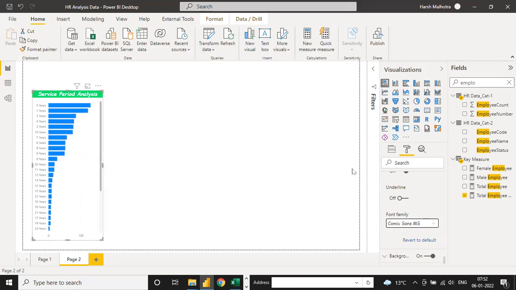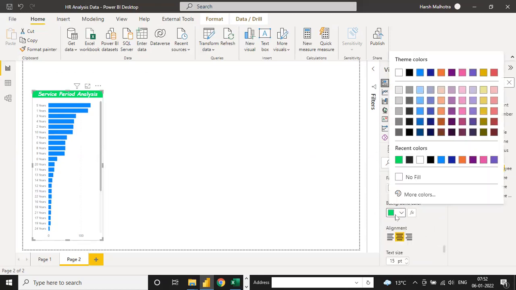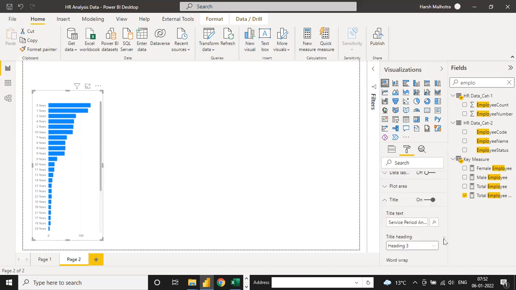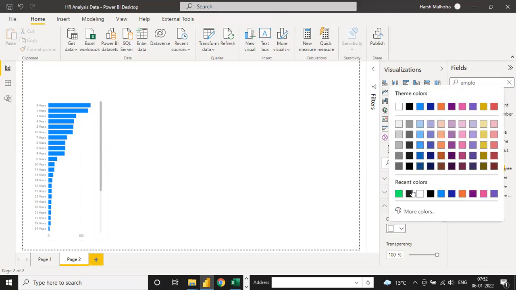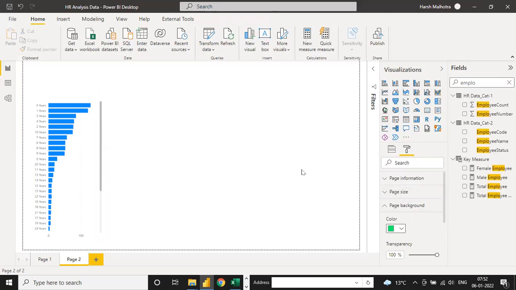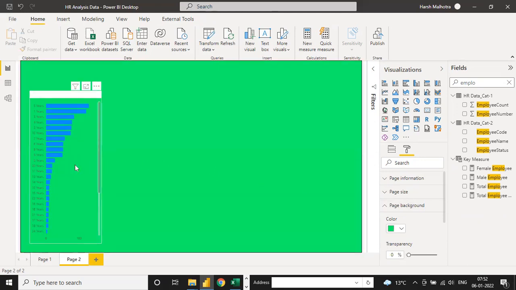Okay, so I'm not going to do this color heading. Background color I want white also. Okay, so move down, move up a little, and you have the option here, background, this one. So you can just switch it off. So you can see your value is done. Now click on this page, click on this formatting, page background. So I want to change the page background, and transparency is 0. So like this way.